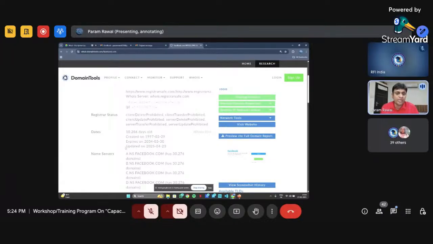They updated, meaning renewed, that domain name on 23rd April 2025. So last month they just updated it, and now it will expire in 2034.